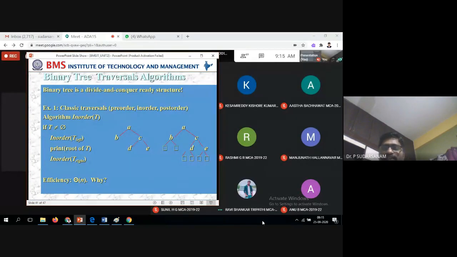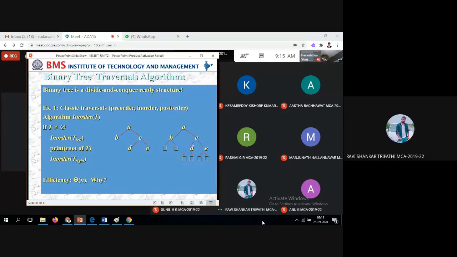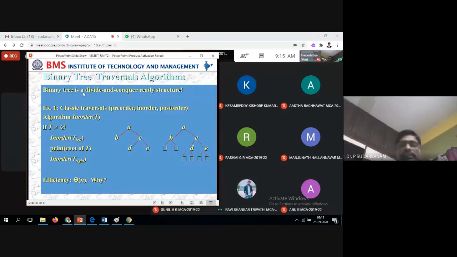So post-order is nothing but the last will be the root, and left and right are the first two locations; fill them. Pre-order means first will be the root, the remaining locations are free, second location, third location, write it left, right. Whenever you are writing, left and right only, and the remaining you are filling. Okay. Yes, sir. Binary tree traversals are also the same thing, only divide and conquer.